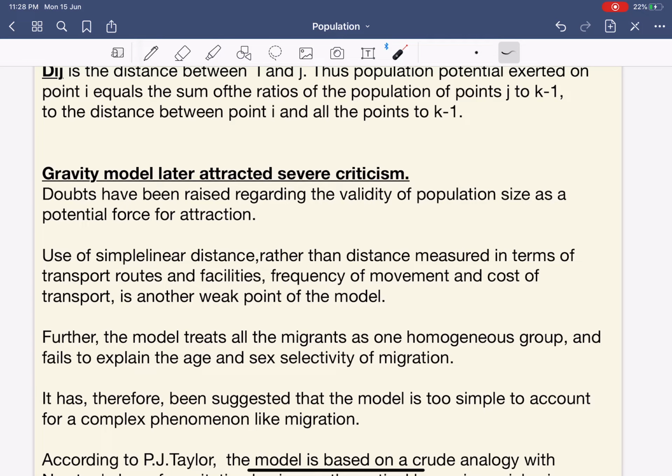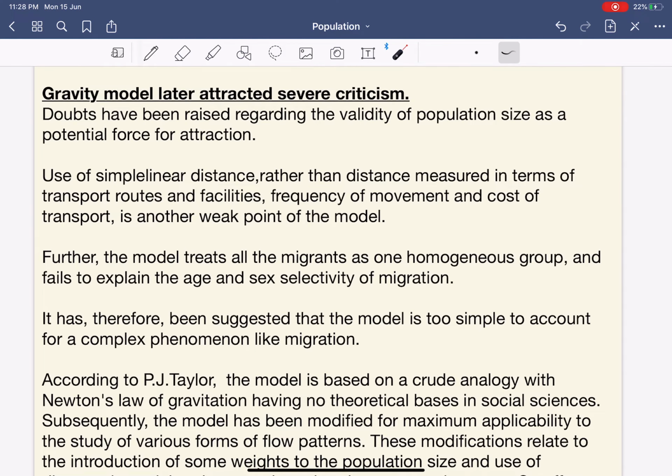Next, the use of simple linear distance, rather than distance measured in terms of transport routes, facilities, frequency of movement and cost of transport, is another weak point. Understand this. Let us say that we are moving from Bhubaneswar to Puri. By moving from Bhubaneswar to Puri, we are not just covering some distance in kilometers, but while covering that distance, there is a toll gate where we have to stop, we have to pay something,